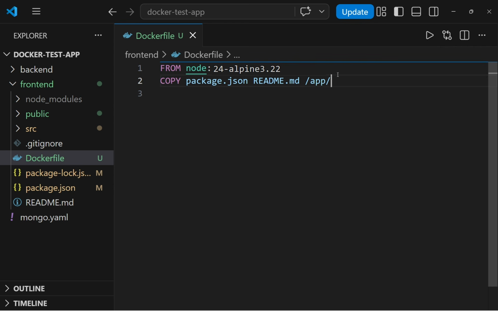We can also use patterns for selecting files. For example, I want Docker to copy every file that starts with package and ends with JSON. So I use star, which is the wildcard. I add the star after package, and it copies package.json and package-lock.json. Now, for copying everything from the directory, including all files and folders, I can simply use dot, which represents the